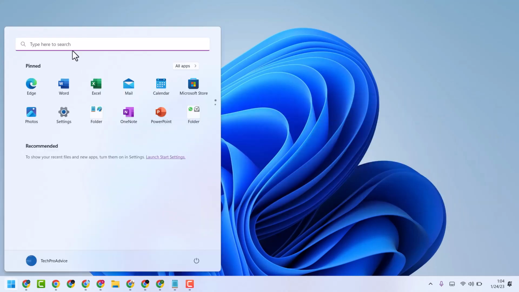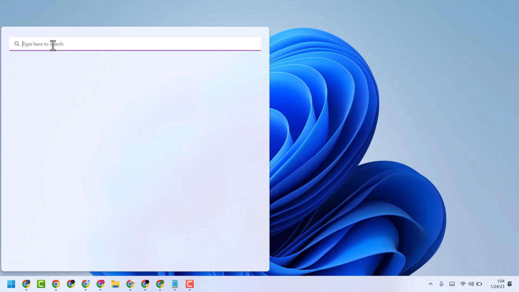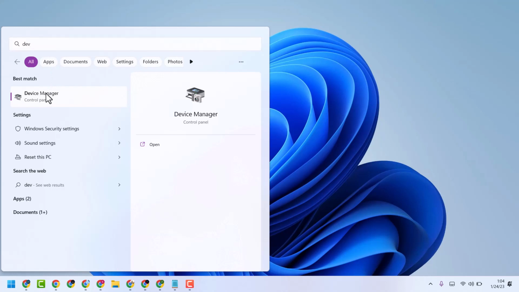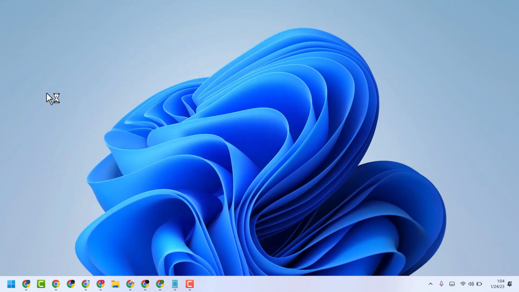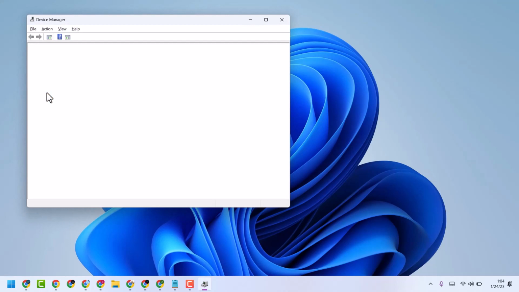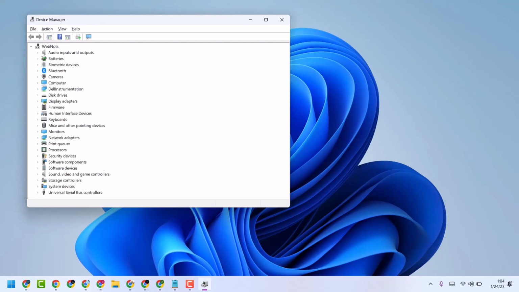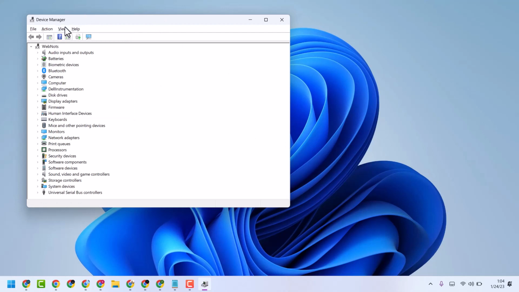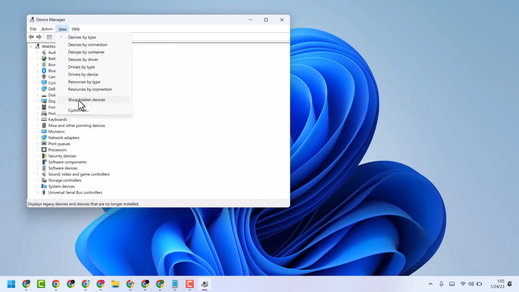First one, search for Device Manager and open Device Manager. Now here click on Action. Now here click on View. Then click on Show hidden devices